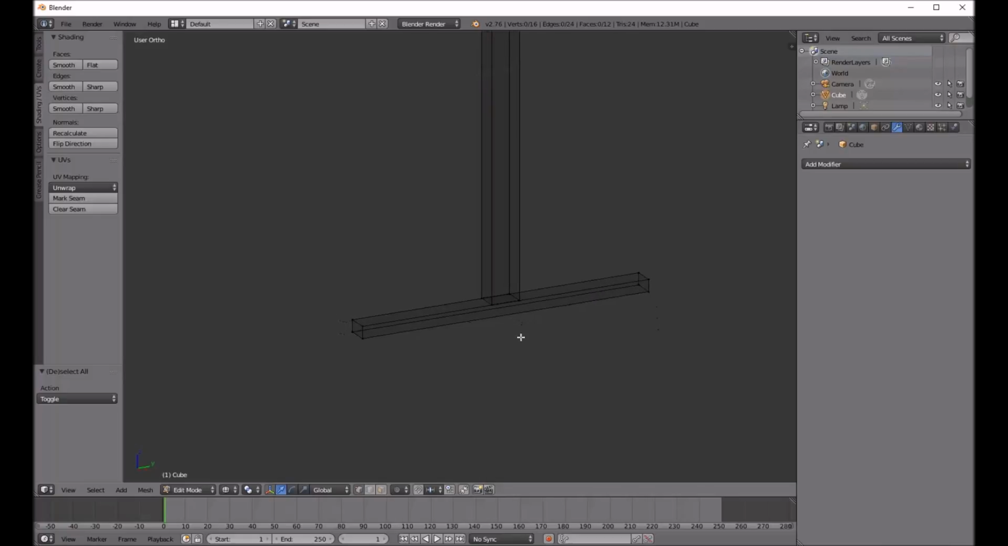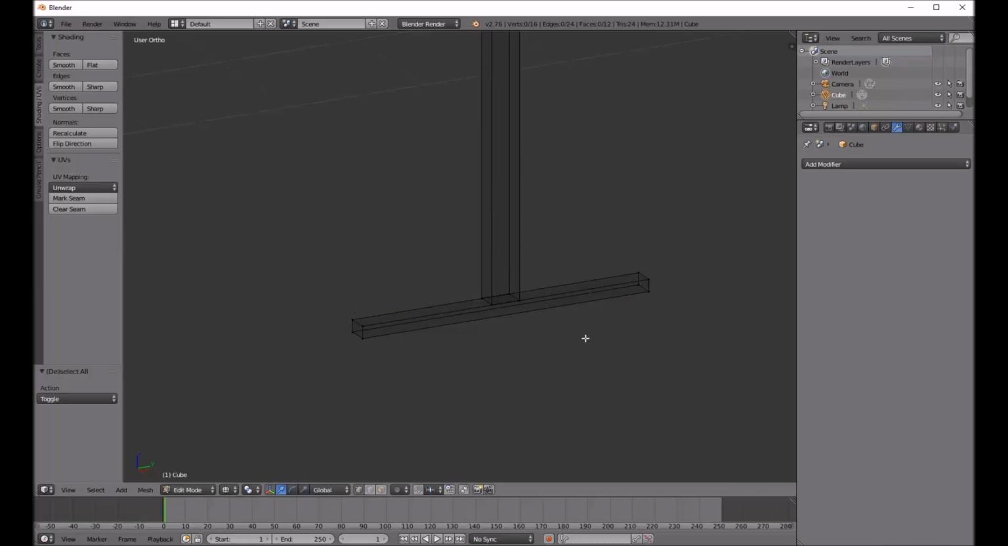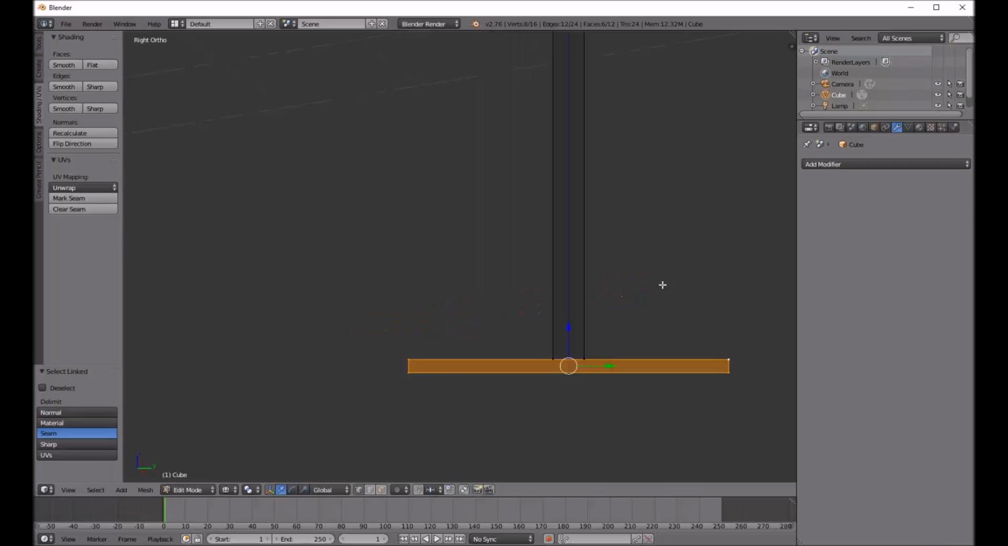So in order to, instead of hitting B to border select and trying to get around all these here, because we don't want these 4 vertices selected, just select one vertice on this bottom bar here, and then with your cursor over that selection, hit L, and that will select everything that is connected to this vertice. So back into side view,